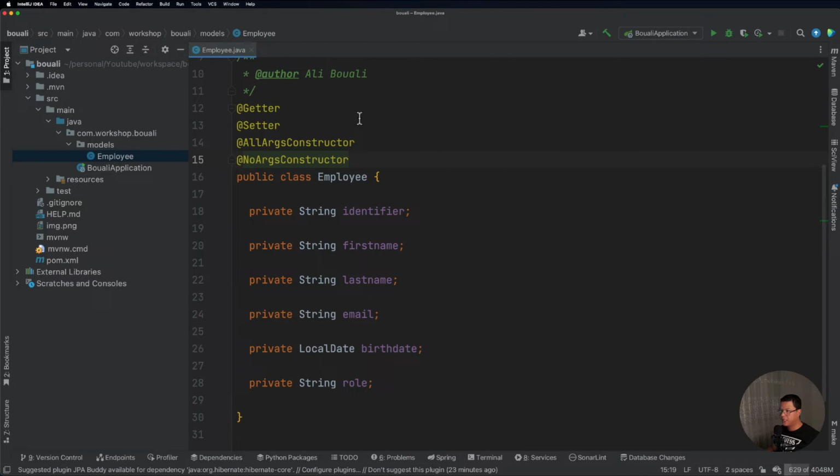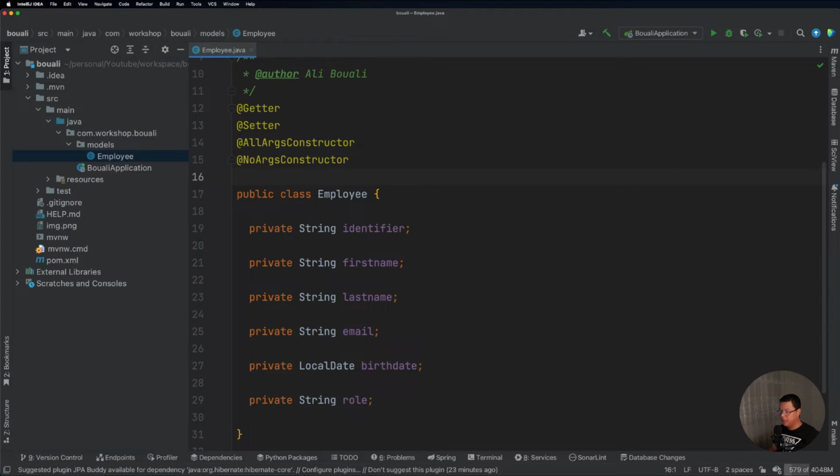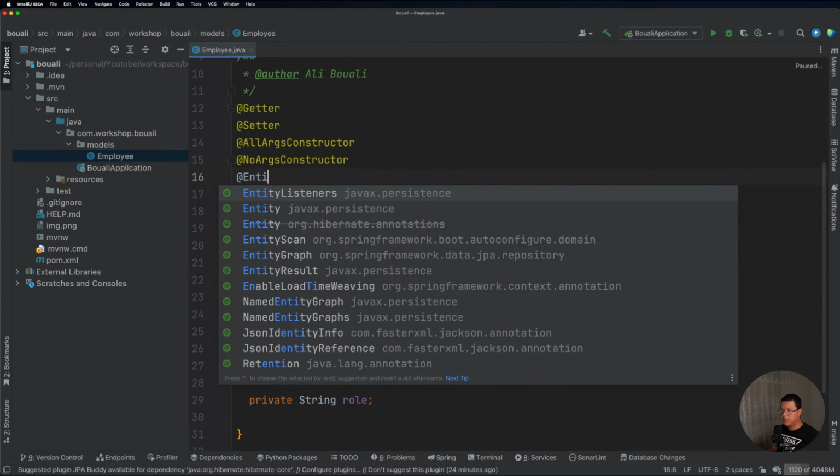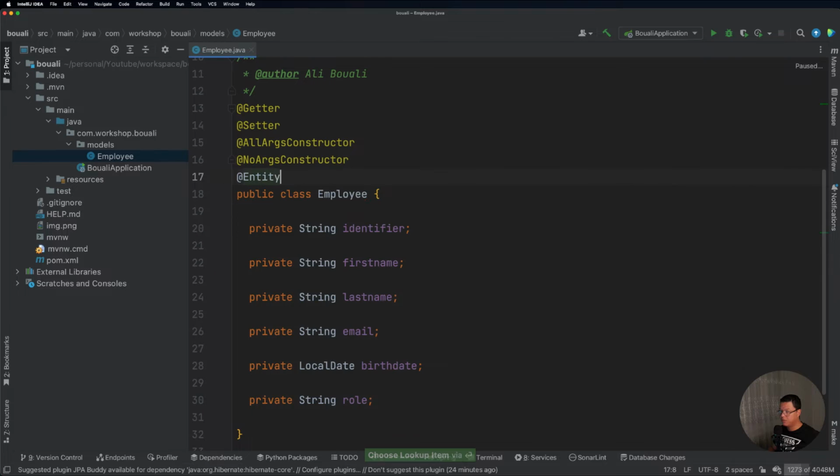The question now is how to tell Spring Data JPA that this is an entity. And the answer is already in the question itself. So we need here to add an Entity annotation, and you really need to be careful that this Entity comes from the javax.persistence package. If you have a different Entity from a different package, for example this one which comes from the org.hibernate annotations, so you really need to be careful about this. You should always import the correct one.